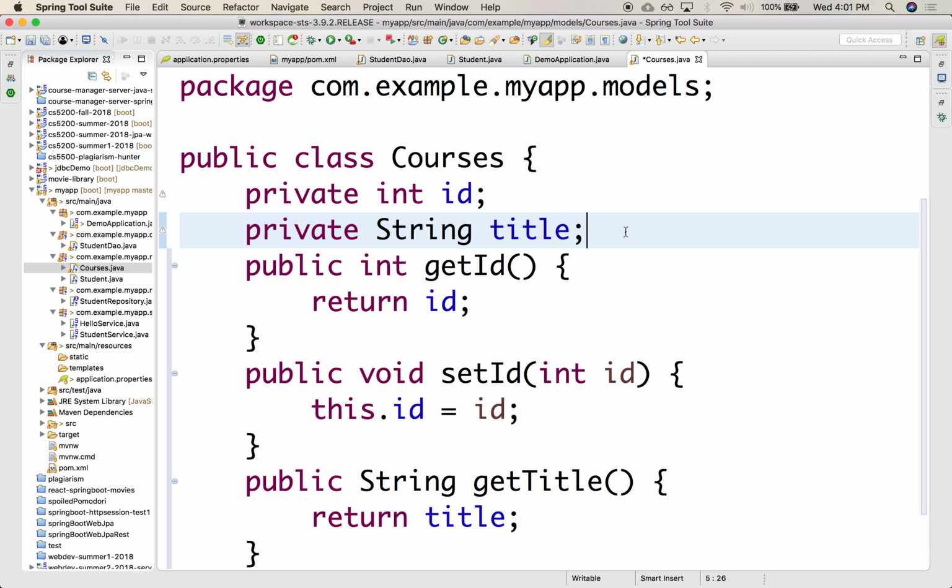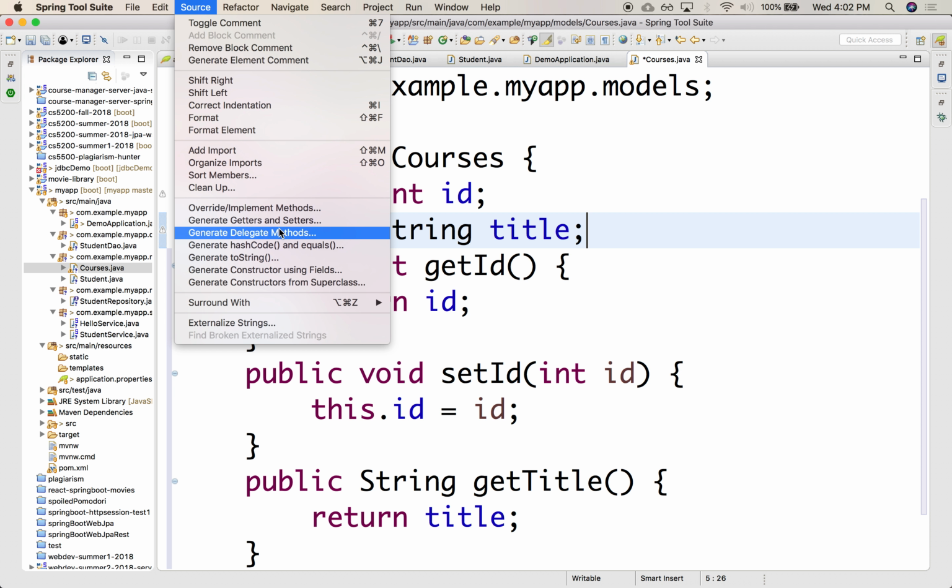But in Java, you get the default constructor for free. The default constructor is the one that takes no arguments, so I wouldn't have to declare it here. But it's very common that we want to have an all argument constructor alongside that, which overloads the no argument constructor, so that we can provide the ID, we can provide the title, so that we can instantiate these objects. So let's create a constructor